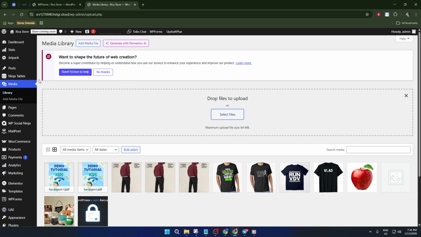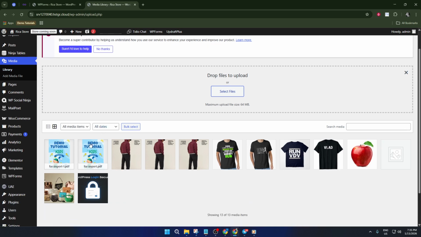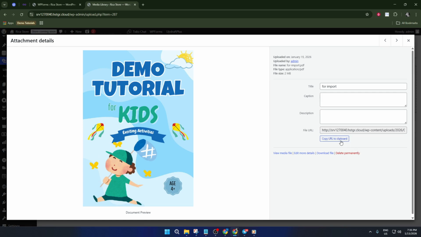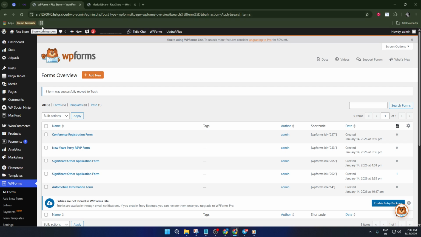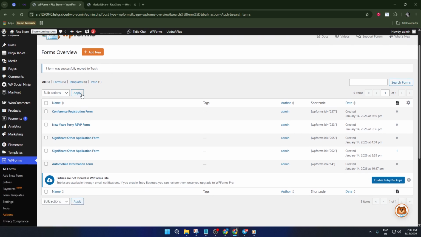Next up, let's get your form ready. You'll want a plugin like WPForms or Formidable Forms. These let you build custom forms in just a few clicks. So create a new form or edit an existing one. You could go with a simple name and email form or add more fields as you need, whatever suits the